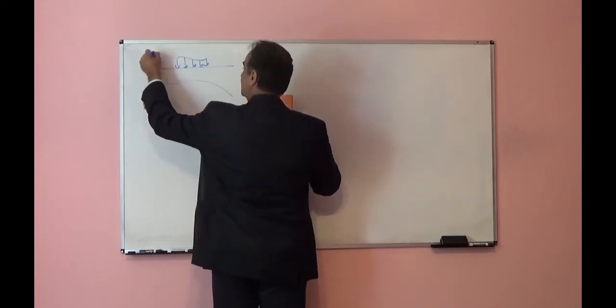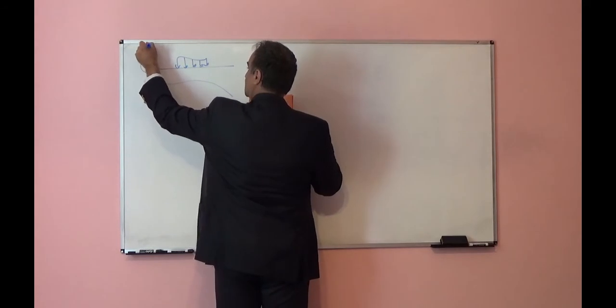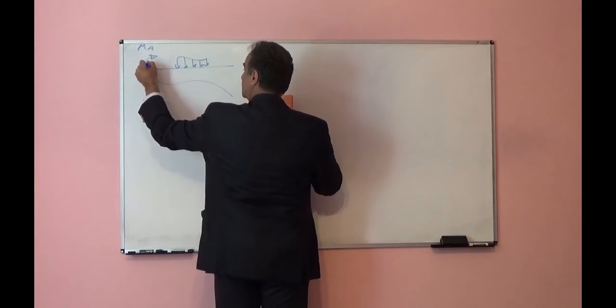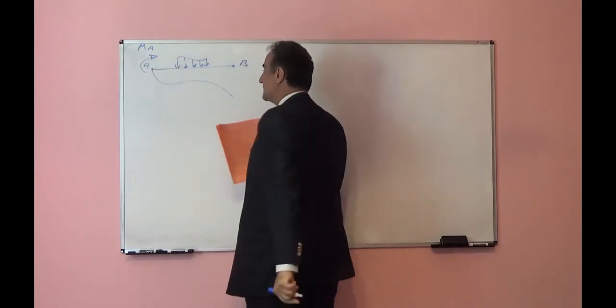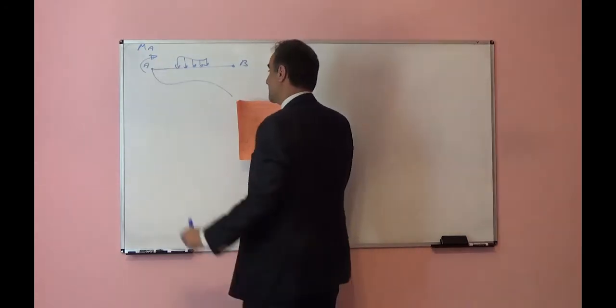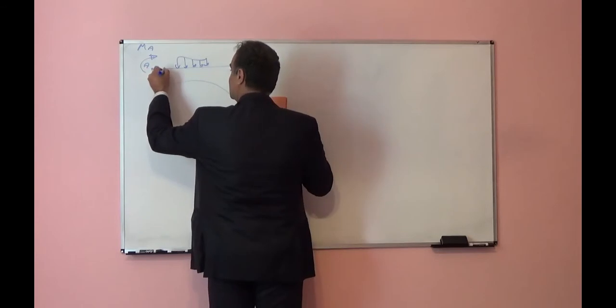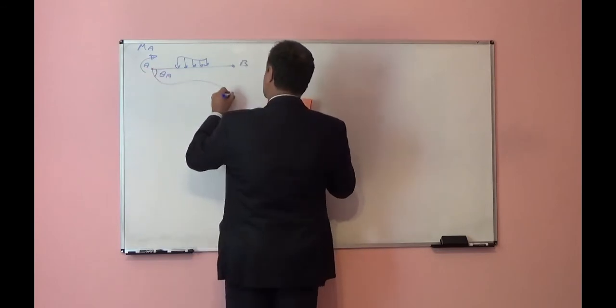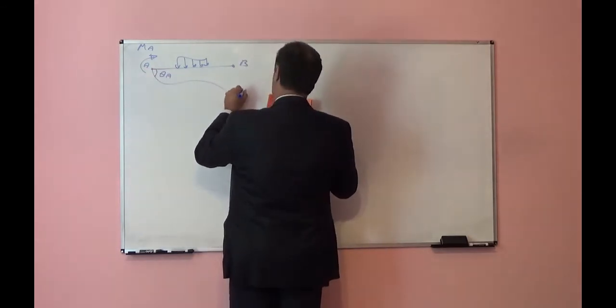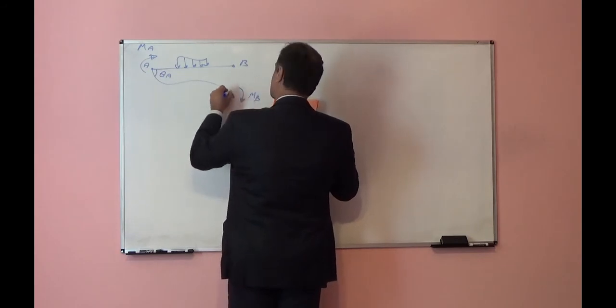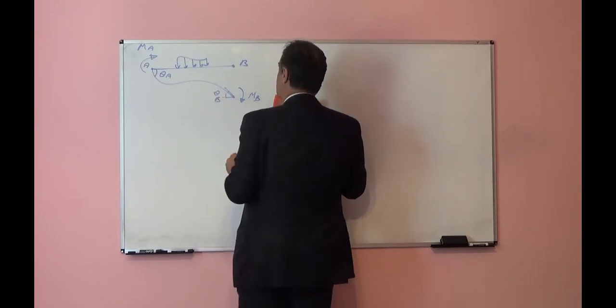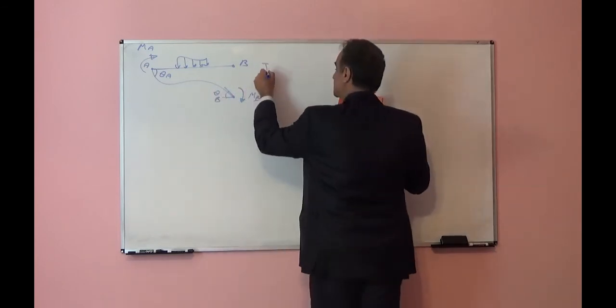We will have bending moment here at point A, point B. MA will be bending moment at joint A, and we will have here theta A. The bending moment at point B will be MB, and rotation or slope here will be theta B, and joint